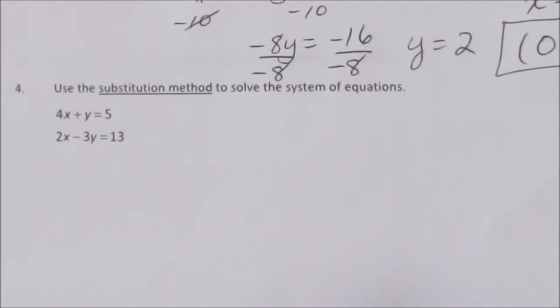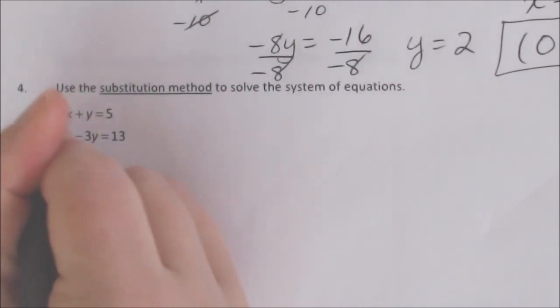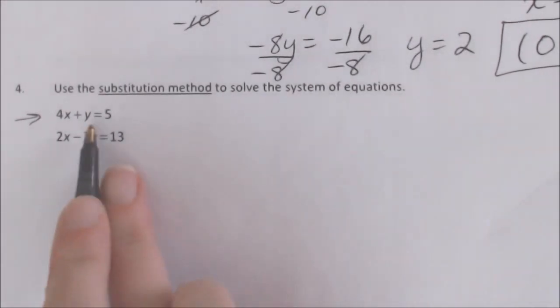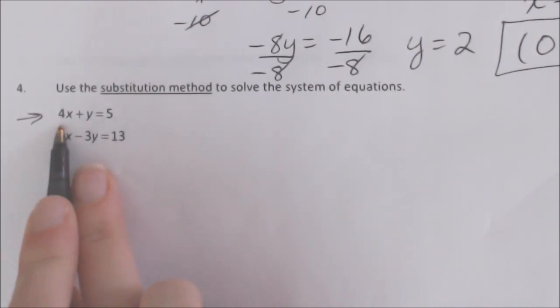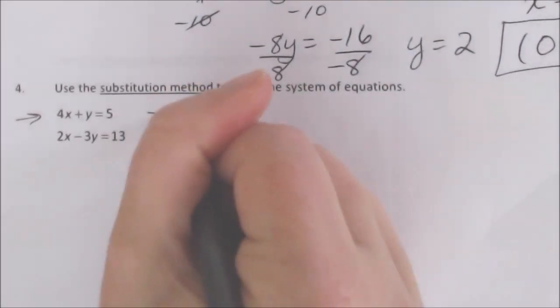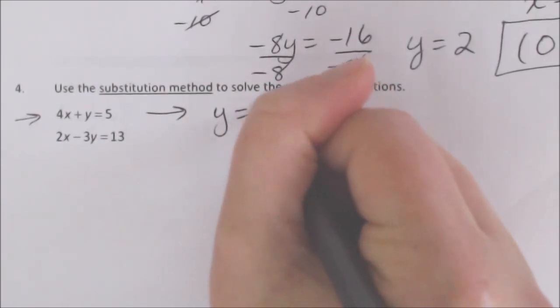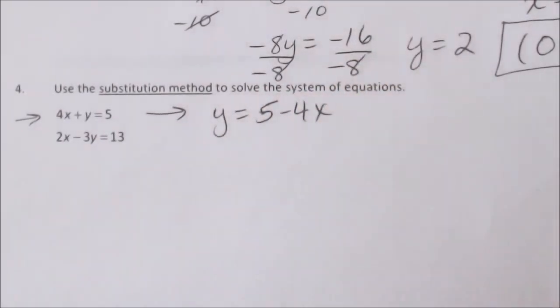Let's try number 4. Let's use the substitution method to solve this equation. So I don't see off the bat that any of the variables are isolated, but if you look at the first equation, do you see a variable we can kind of get by itself pretty easily without involving fractions or any crazy algebra? Hopefully you see that I can get the y by itself in that first equation by subtracting the 4x. So I'm going to rewrite the first equation as y equals, you can do 5 minus 4x or -4x plus 5,